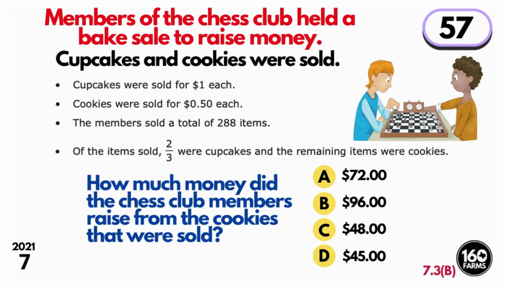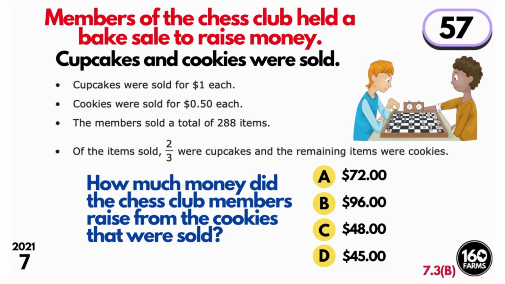Chess club held a bake sale to raise money. Cupcakes and cookies were sold. Cupcakes were sold for $1 each. Cookies were sold for 50 cents each. The members sold a total of 288 items, and of those items sold, 2/3 were cupcakes, and the remaining items